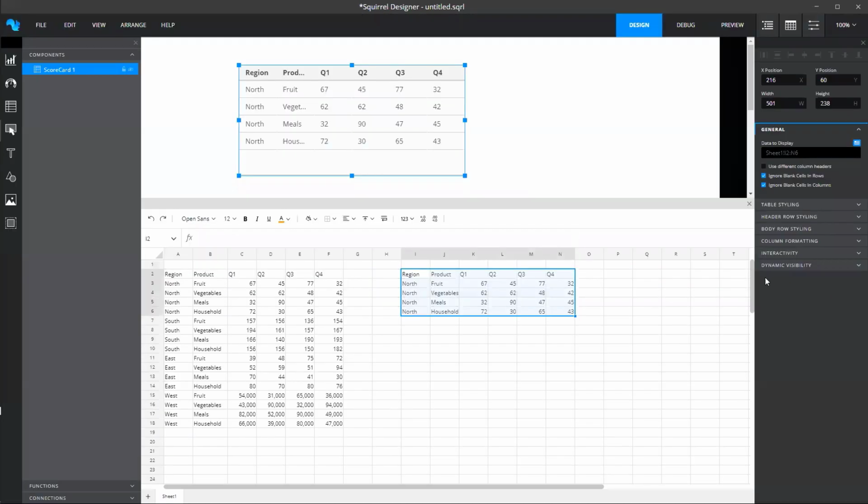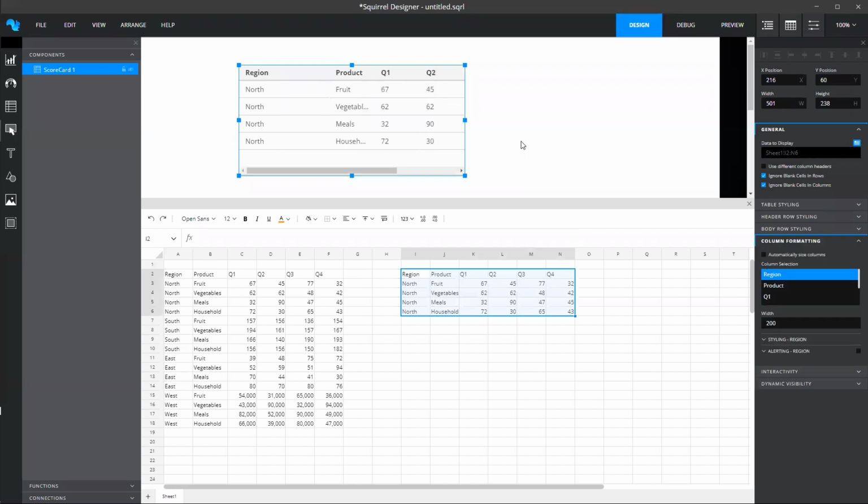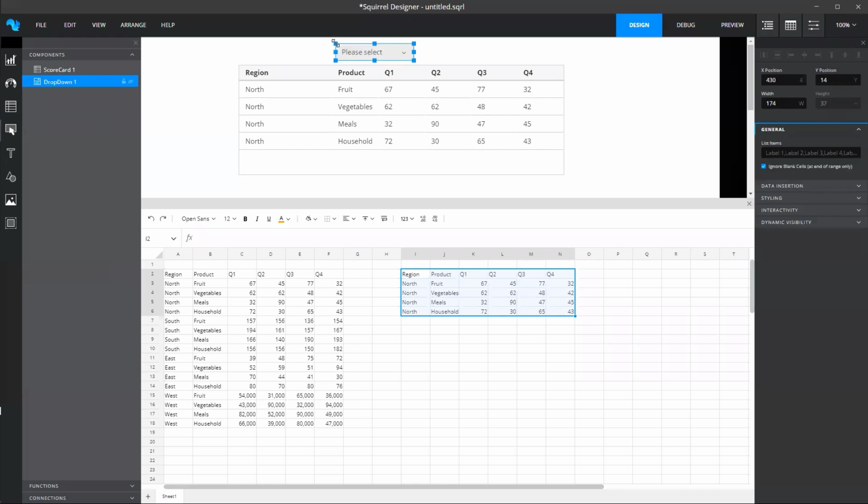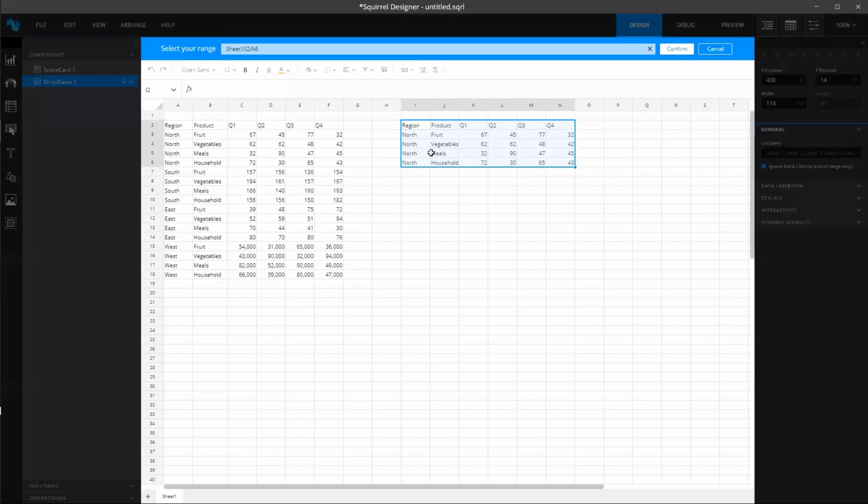It's quick and easy to do that. Don't want the automatic column formatting, so we can see all of that nice and there. So we leave it like that. There we go. So we've got that there. Now what I want to do is, that's obviously showing the north. I want it to show the west, the south, the east, or the north, depending on what I select. So I'm going to do that with a drop down. So I'm going to add a drop down in here, and again, something you'll be very familiar with.